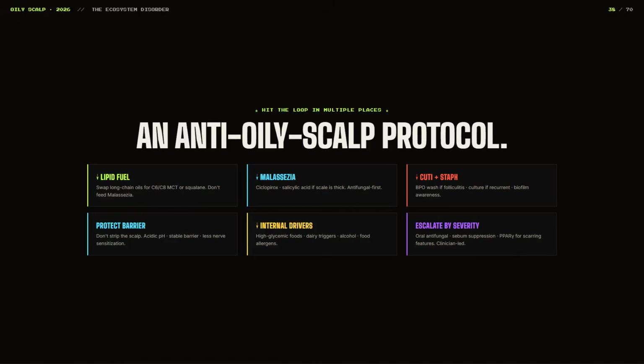Step 3 is going to be important, and this is a cleanse based on oil production. So if you're producing a lot of oil, don't avoid washing your hair. It seems pretty simple, right? But you shouldn't fear shampooing. I know there's this anti-shampoo movement going around, but it's pretty important that you do have an aspect of cleaning your hair. For oily scalp, washing more often can be appropriate, and the idea that everyone should be avoiding frequent shampooing does not apply to every single scalp, because if oil is building up quickly, that oil can become the substrate for Malassezia and bacteria.